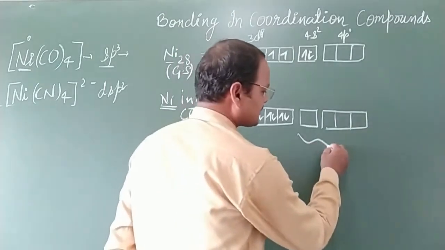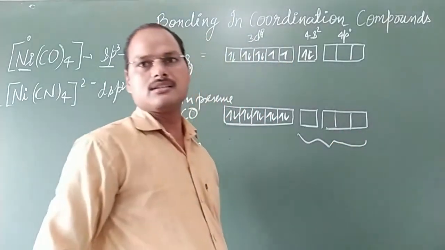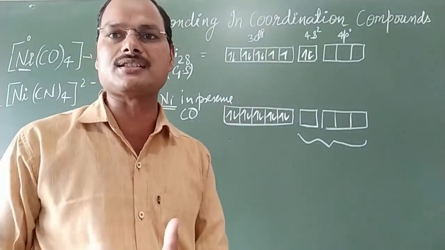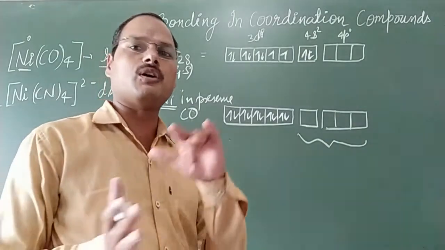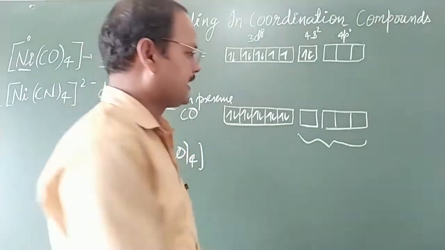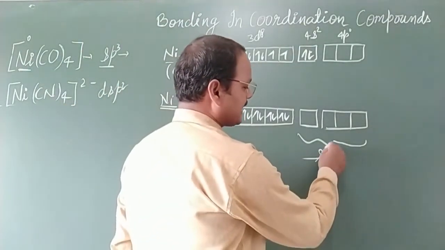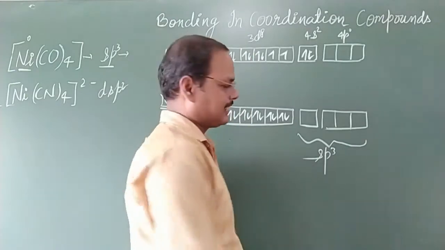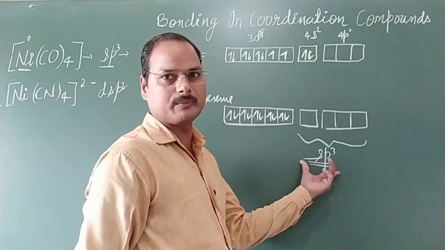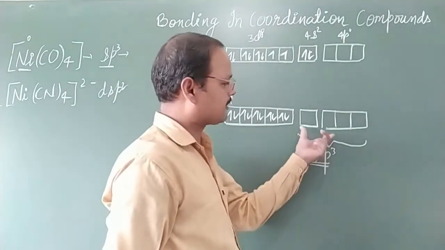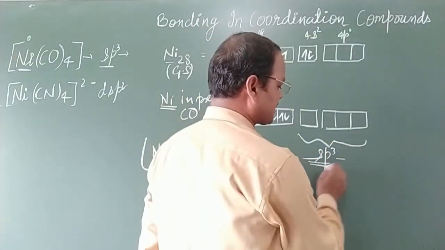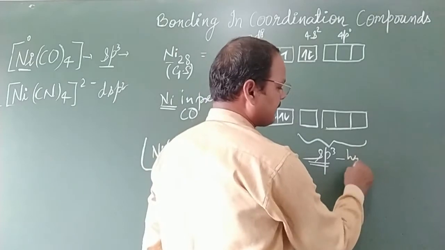Therefore, these 4 orbitals will mix up their energies and geometries, and 4 new orbitals are formed by mixing of energies as well as formation of new orbitals with the same type of structure. It means in this process 1s and 3p orbitals will take part, and that's why this process, mixing and formation of new orbitals, is known as hybridization. And here 1s orbital is taking part, p orbitals are 3, therefore this type of hybridization is known as sp3 hybridization.